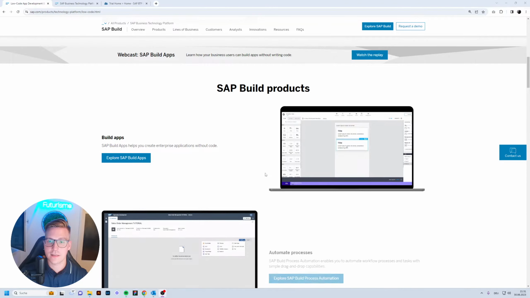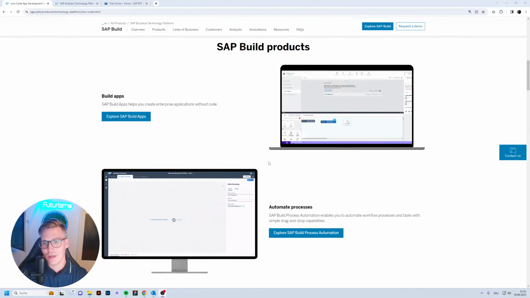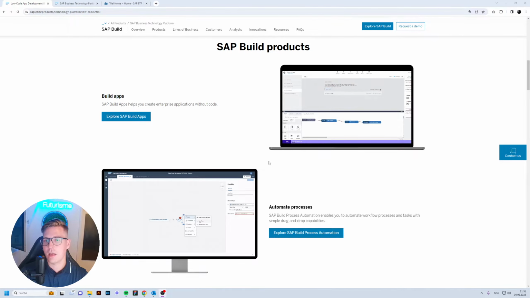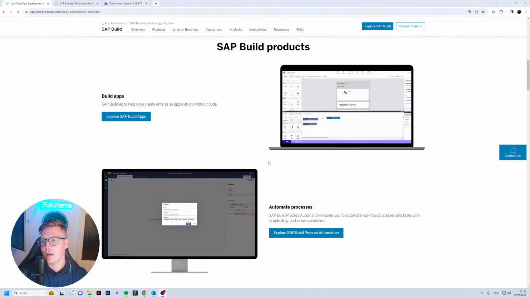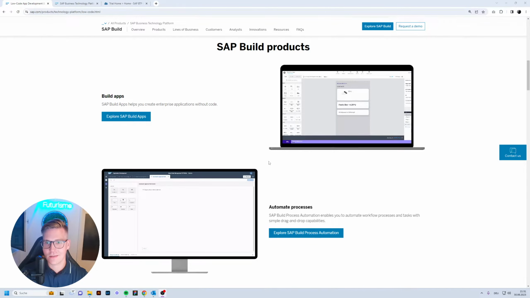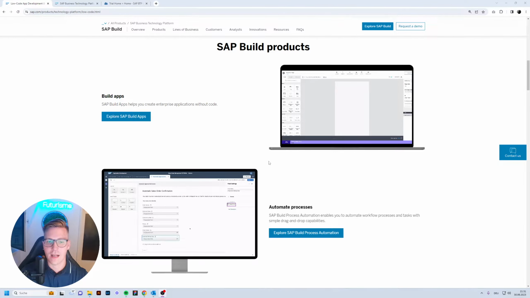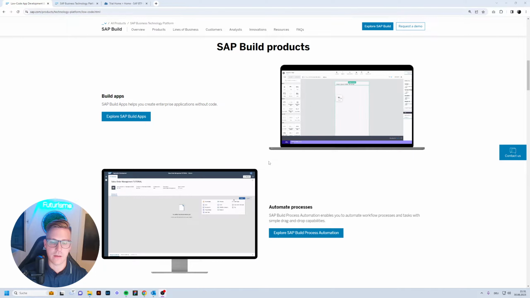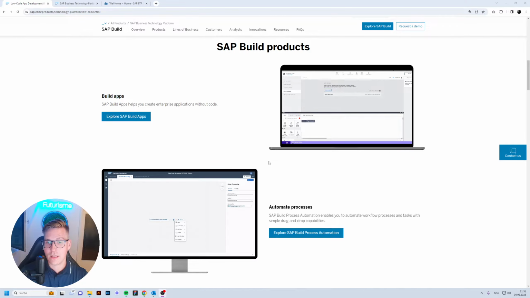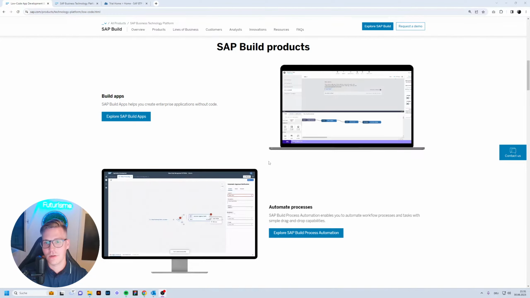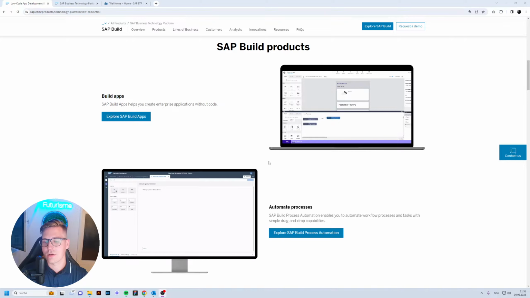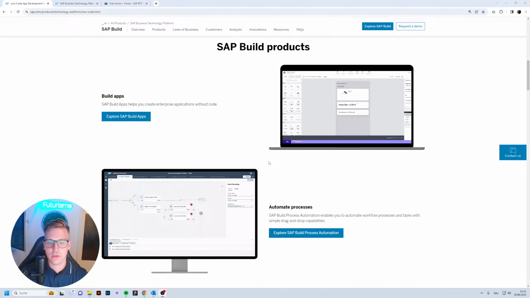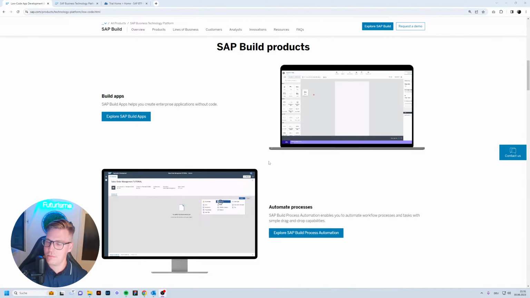So basically, as they showcase it here on the landing page, you can create simple applications and logic using mostly drag and drop features, and this can really help, for example, by enabling users to create their own applications in a Fiori Launchpad, in the work zone especially, and it runs on the BTP, the business technology platform,